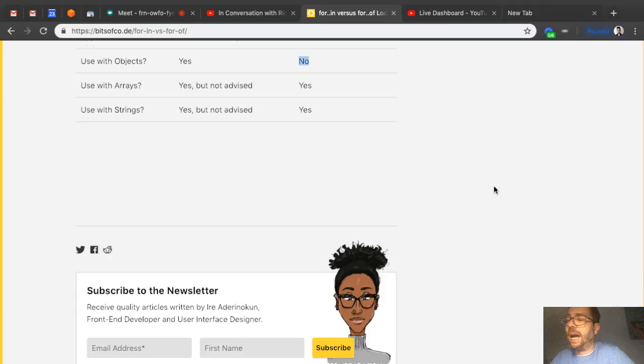I personally don't really use for in, for two reasons. First of all, the more complex exercises you do with JavaScript, you'll notice on the expert training eventually, the best way to solve problems is to transform everything into an array. It doesn't matter if you have a string or an object, you end up transforming pretty much everything into an array. Why? Because arrays are very powerful in JavaScript. With an array you can iterate, filter, find, map, reduce. If I use a for in,